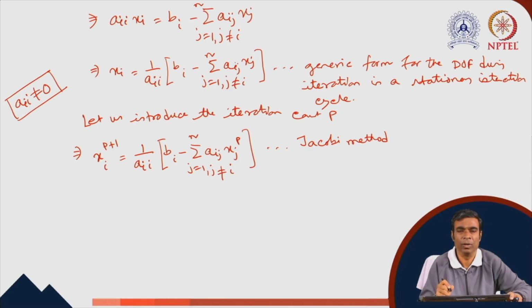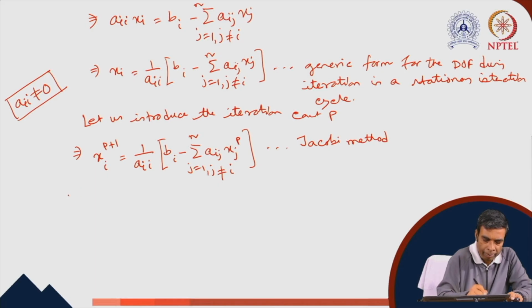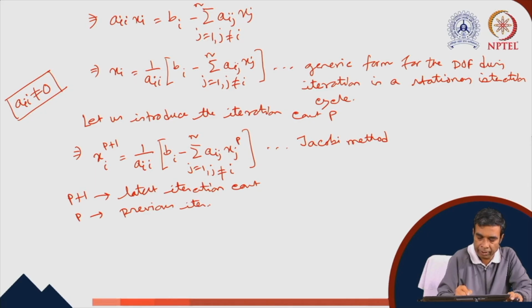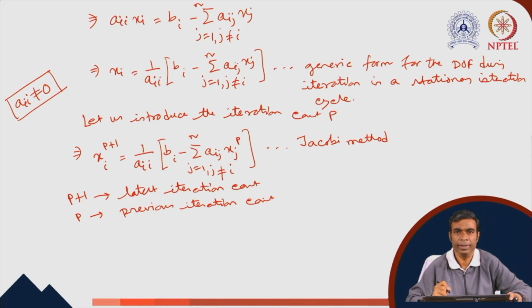So on the right hand side, all the terms are treated as the known terms, and the left hand side is giving us the unknown degree of freedom at the latest value. So P plus 1 gives the latest iteration count. P is the previous iteration count. So during the Jacobi iteration method, the rate of convergence is poor because we use all the solutions